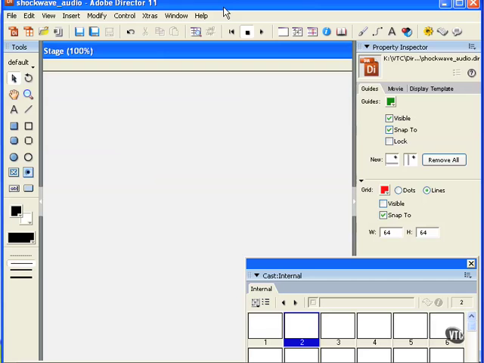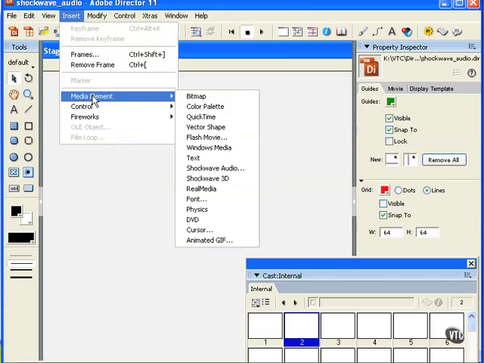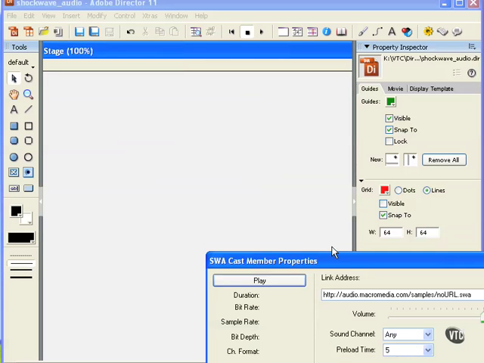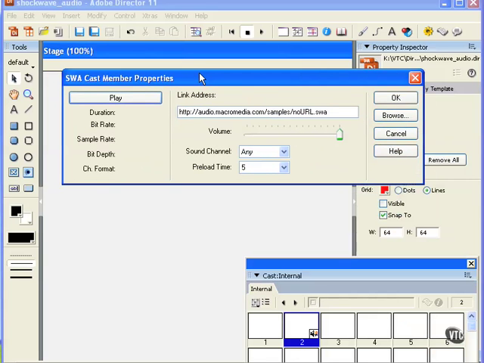Now, to stream a linked Shockwave audio or MP3 sound in Director, select from the main menu Insert, Media Element, Shockwave Audio. That'll bring up the SWA cast member properties dialog where you can play the file. Make sure that it plays and everything sounds okay. Here is your link address. Remember, that should be in the same location